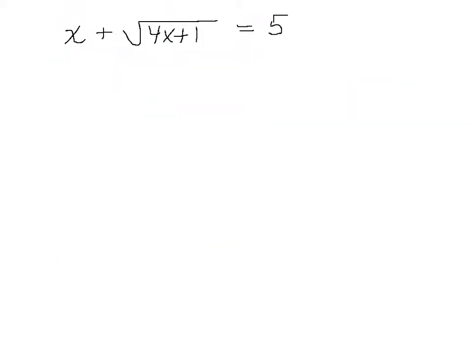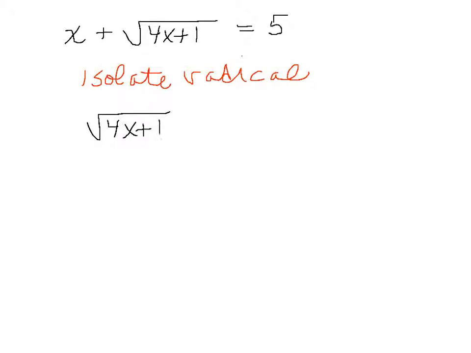Okay, so here's a problem that looks a little bit more complicated. There is a radical in it, but we don't want to square yet. So one of the big keys here is we want to isolate the radical. What that means is simply get the radical all by itself. So subtract x from both sides, and you get the square root of 4x plus 1 is equal to 5 minus x. And what you want to do now is